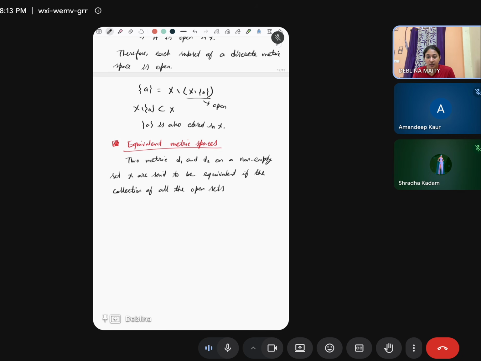Because the collection of all the open sets defines the topology of the set, right? The collection of all the open sets of the metric spaces